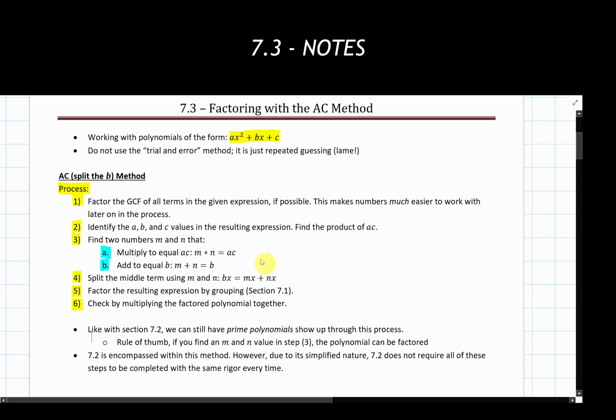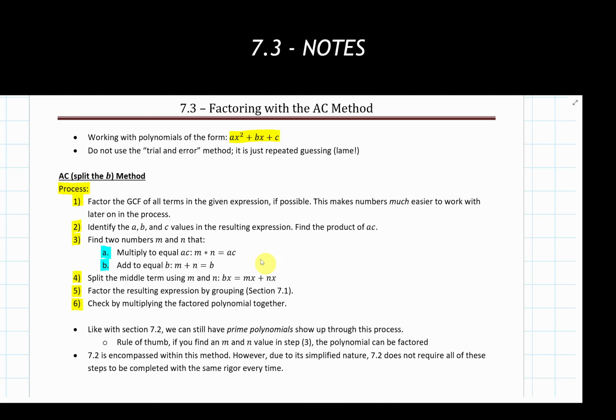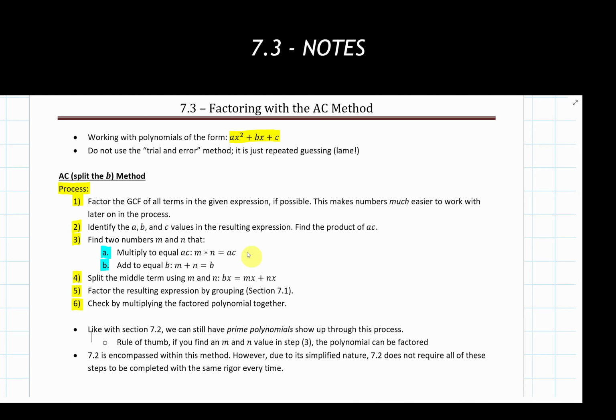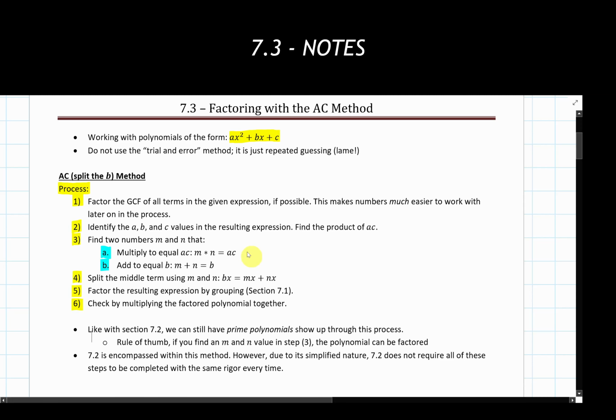Now we're going to go through a method that I think is reliable and that will give you all the potential values that you could be using to fulfill both of these requirements. There are a lot of ways you could do this step and organize it for yourself, but I'm going to demonstrate one that I think is very mechanical and again doesn't require a whole lot of guesswork.